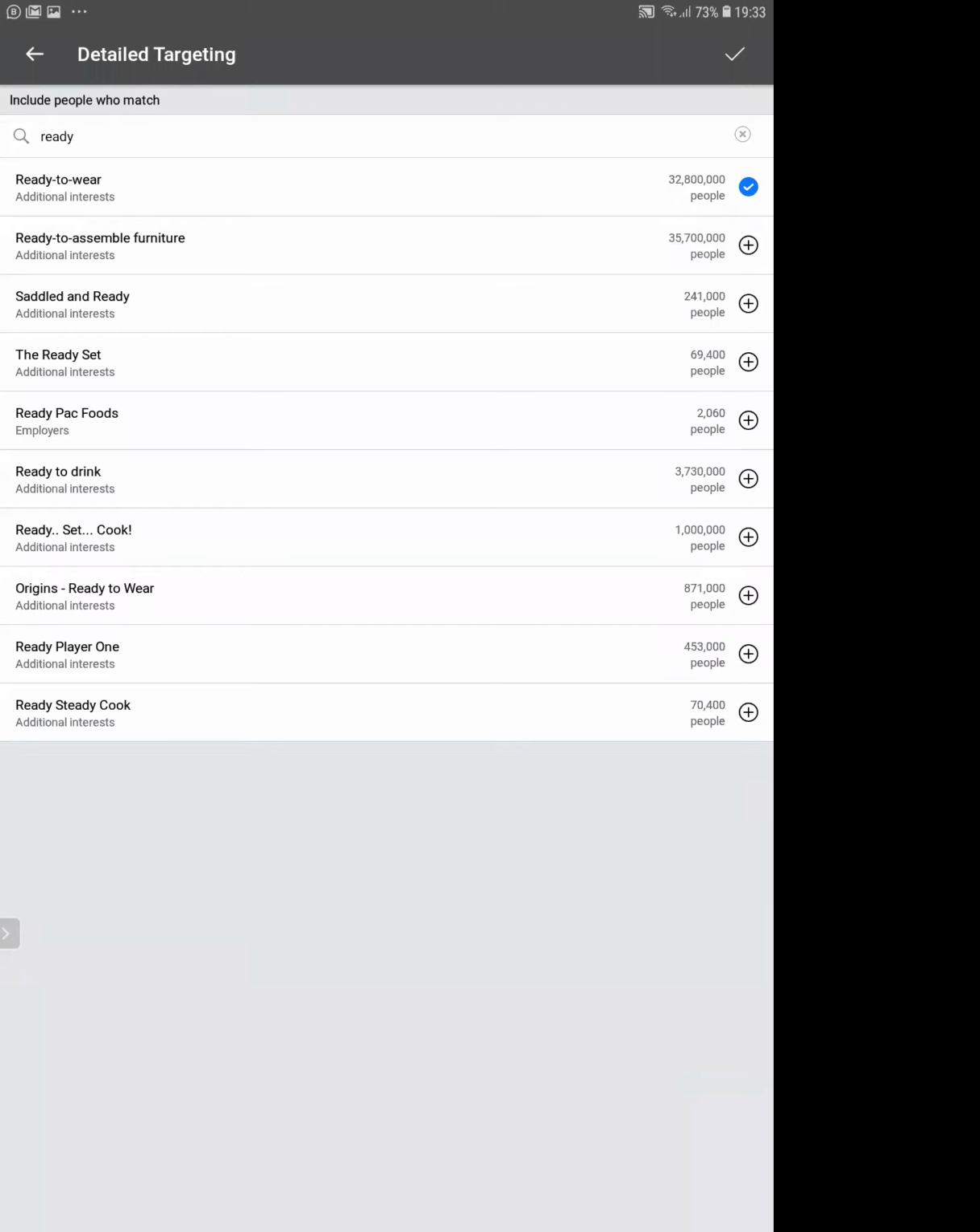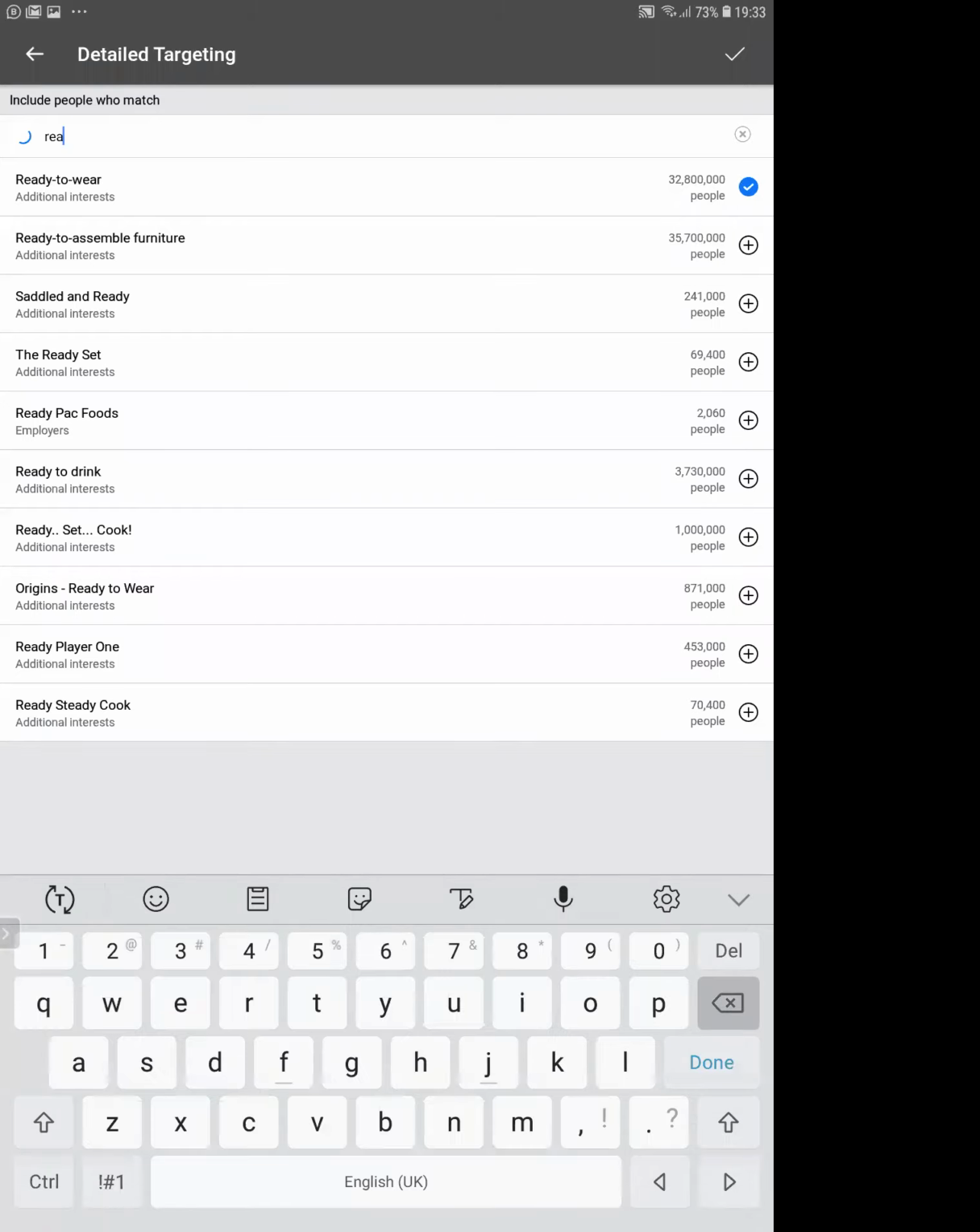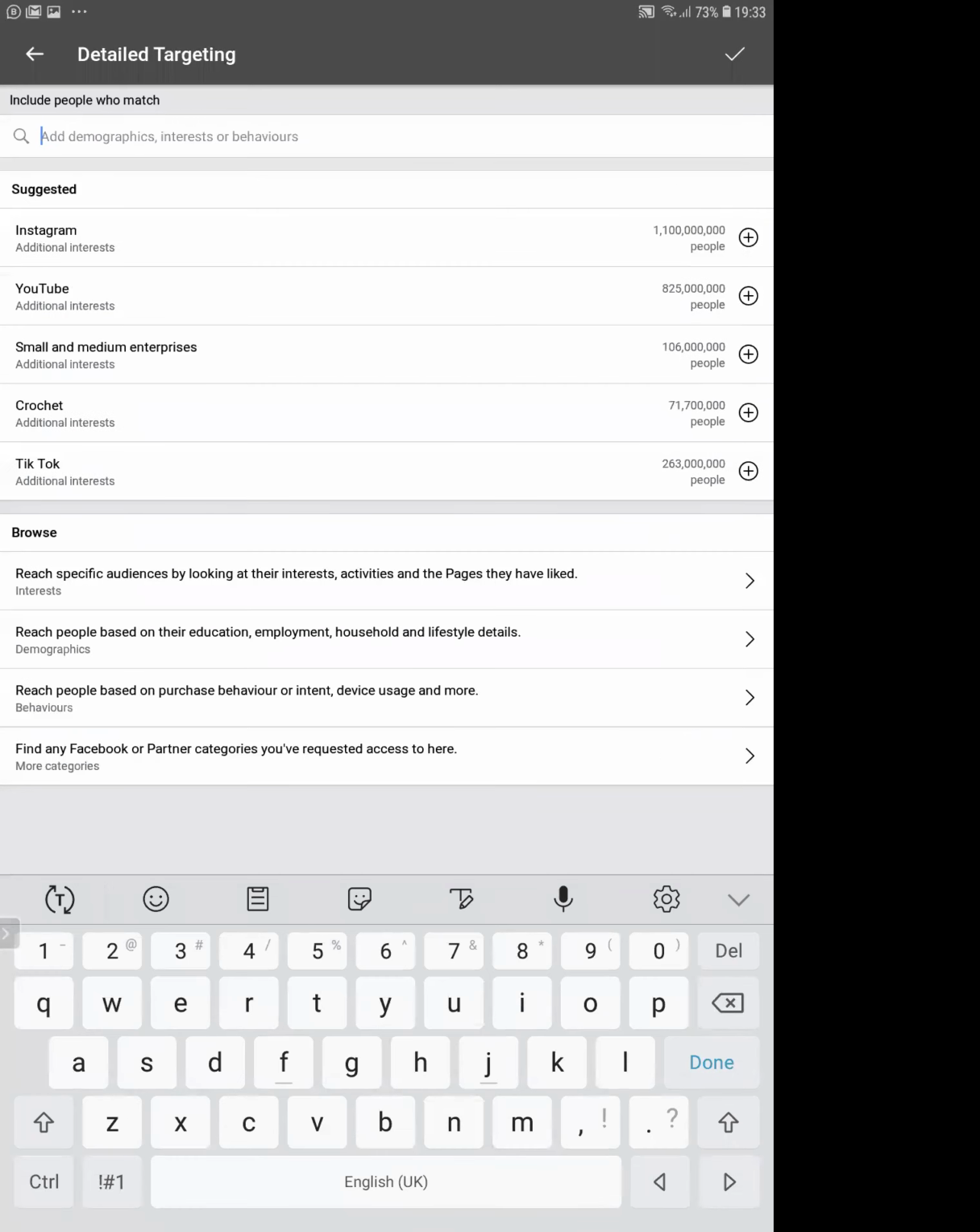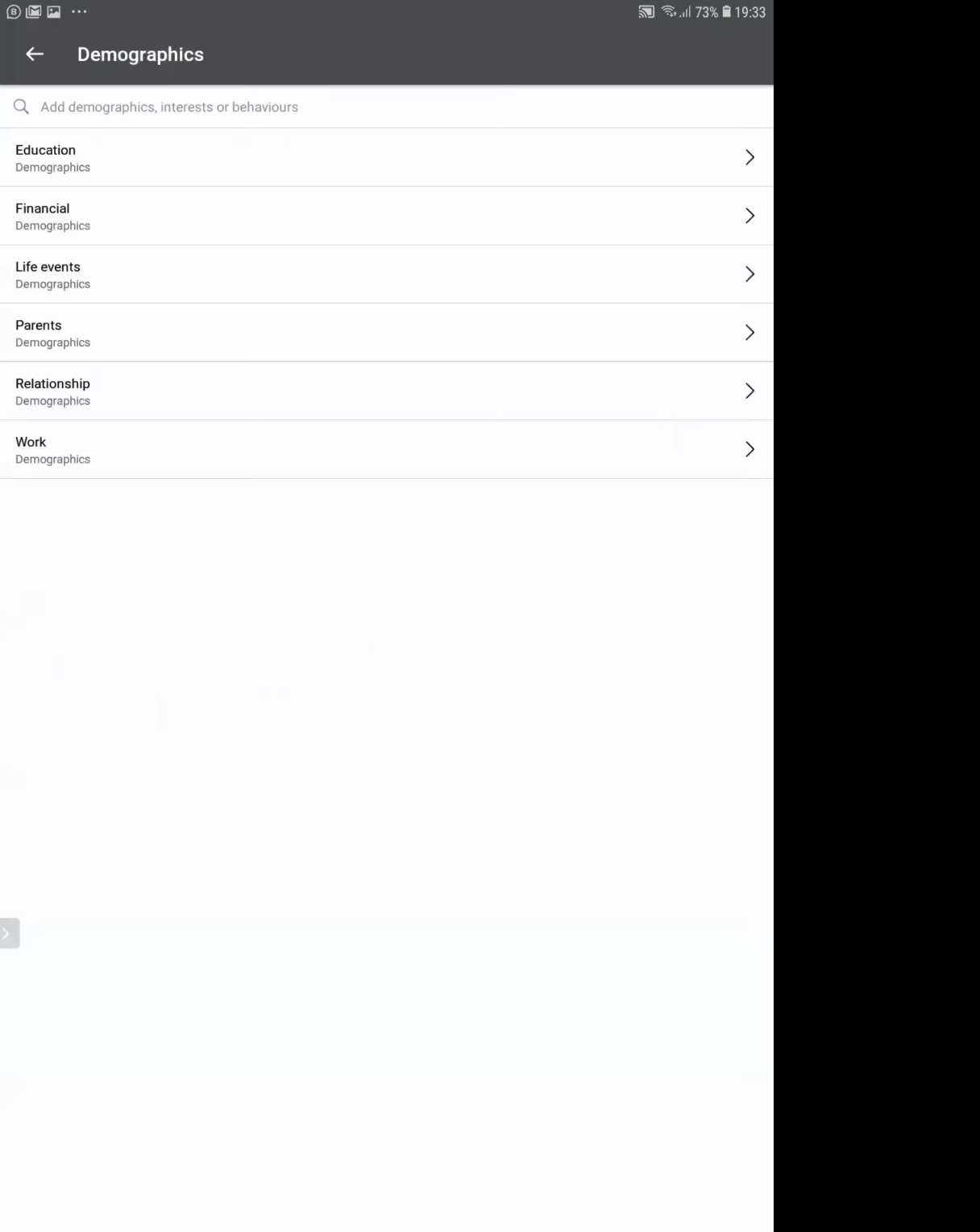So that's done. Let's go back. I close this. I can now go and do more specific searching. Can you see? Reach specific audience by looking at their interests, activities, and pages they have liked. There's another one, reach people based on their education, employment, household, and lifestyle details. Now, if I click on this, let's see what it will pop up for me. Now, the truth of the matter is that we may not have all the information in Nigeria, but I can